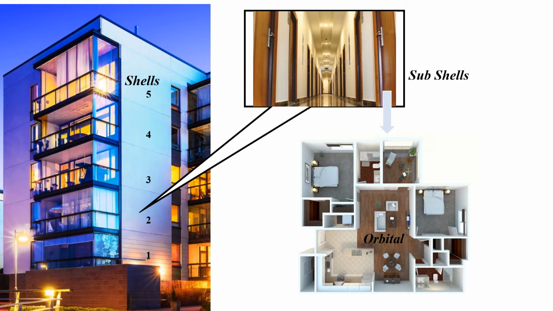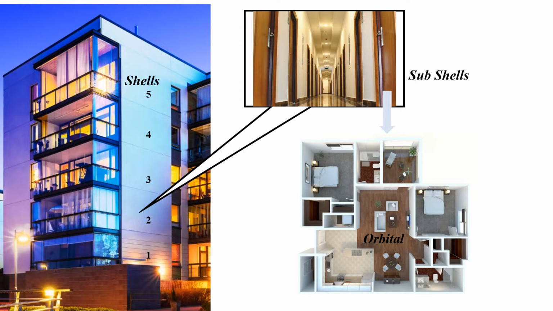This is shown in the last picture, the third picture. I've written orbital inside the picture. Now if you consider an apartment in a floor as a subshell, and the different rooms of an apartment as orbitals, you will get the picture of the location of an electron in an atom. Each floor is a shell or an energy level, each apartment is a subshell, and each room in each apartment is an orbital. I hope that makes it clear.